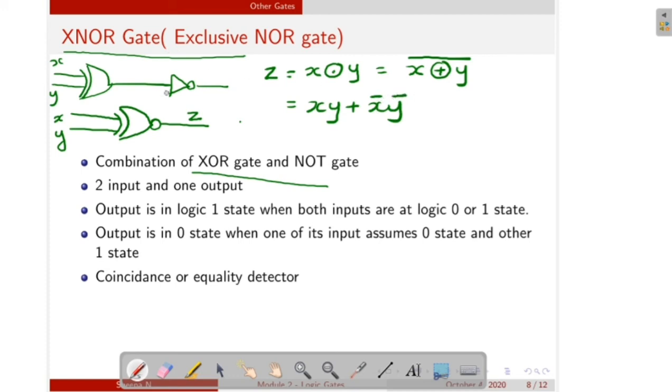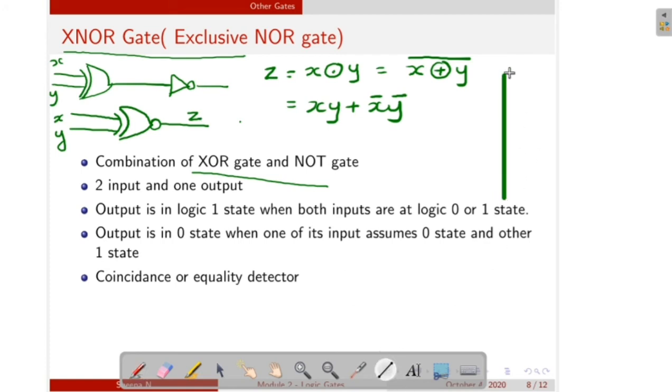That means here the output of the XNOR gate is equal to 1 when both inputs are same. In the case of XOR gate, the output of the XOR gate is equal to 1 when the inputs are different. Okay, so the complement is in the case of XNOR gate. So in the case of XNOR gate, if the inputs are different, then output is equal to 0. So we can draw the